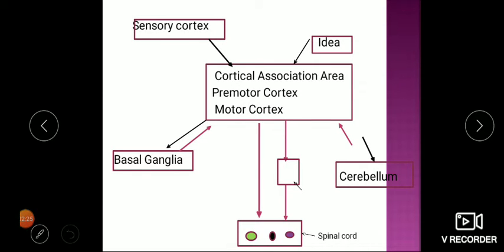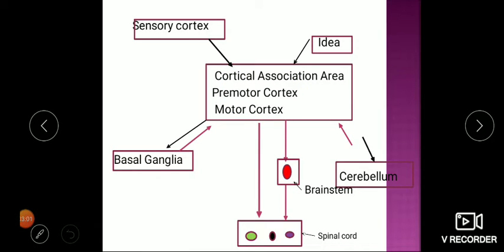And some are taking a station in between, going to the brain stem, and again from there they are going down. So they are also called descending tracts, but they are called indirect. So they are taking a station in the brain stem. So like this, ultimately all information for execution which is collected at this cortical association area in combination with premotor cortex and motor cortex is coming down through descending tract to spinal cord. So the main function of descending tract is nothing but to convey the information to spinal cord for execution.